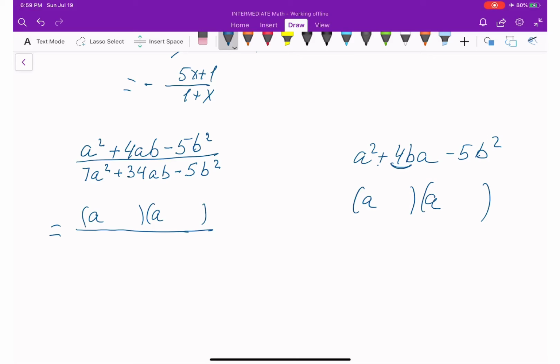So I am thinking to take 5b here and minus b here. That's going to be 5b times negative b, which gives me negative 5b squared, and 5b and negative b give me 4b. Okay, so we got it, which is going to be a plus 5b